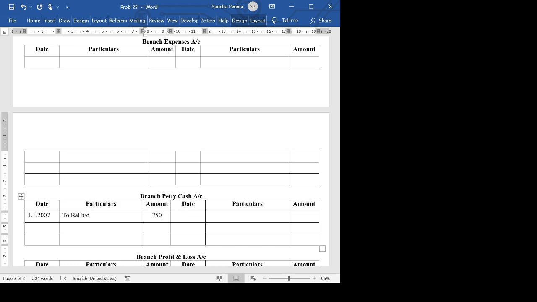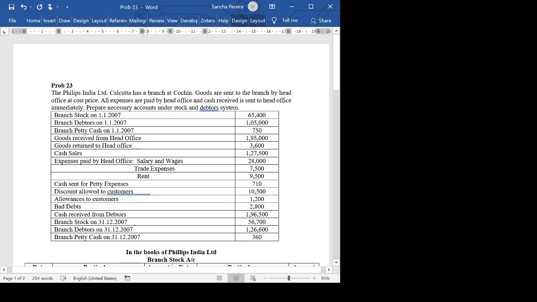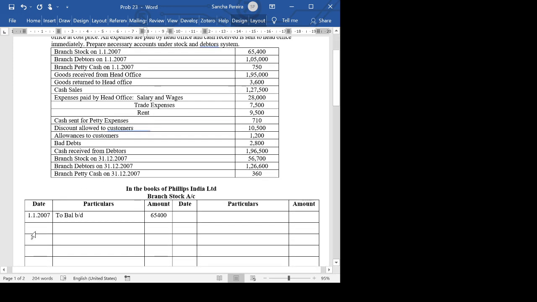Similarly, we have an opening balance in the petty cash account of 750. Remember, it's petty cash, not cash. So it's just for the petty cash items. Goods received from head office. These are goods sent by the head office. So same thing. On 31st